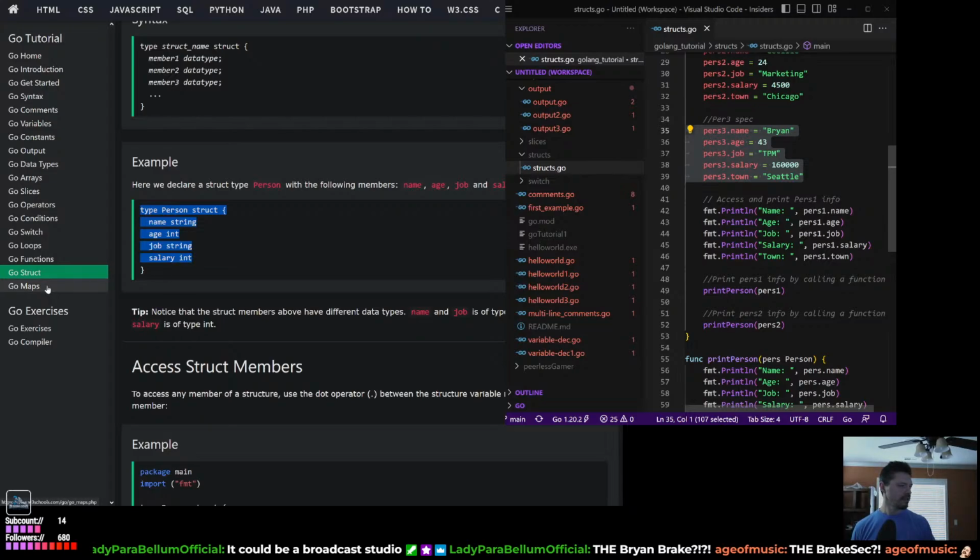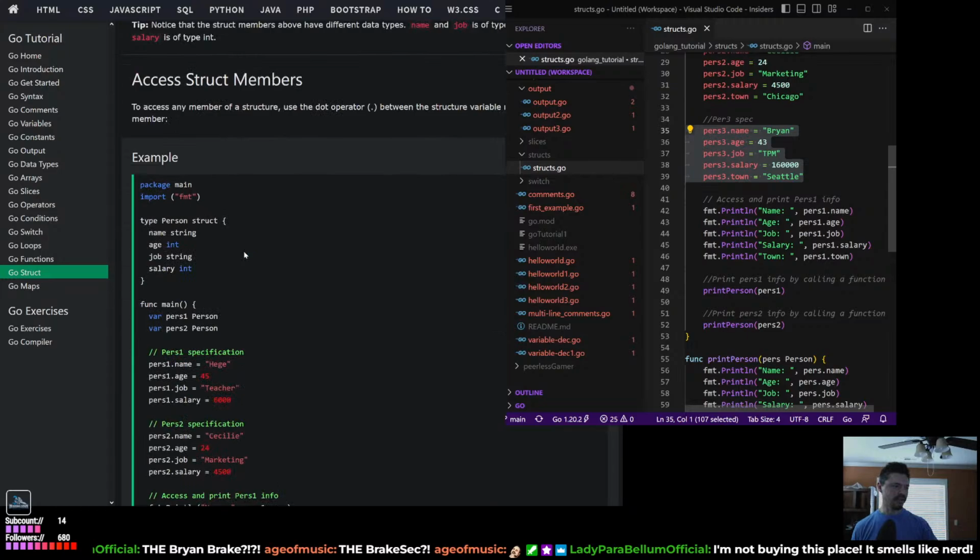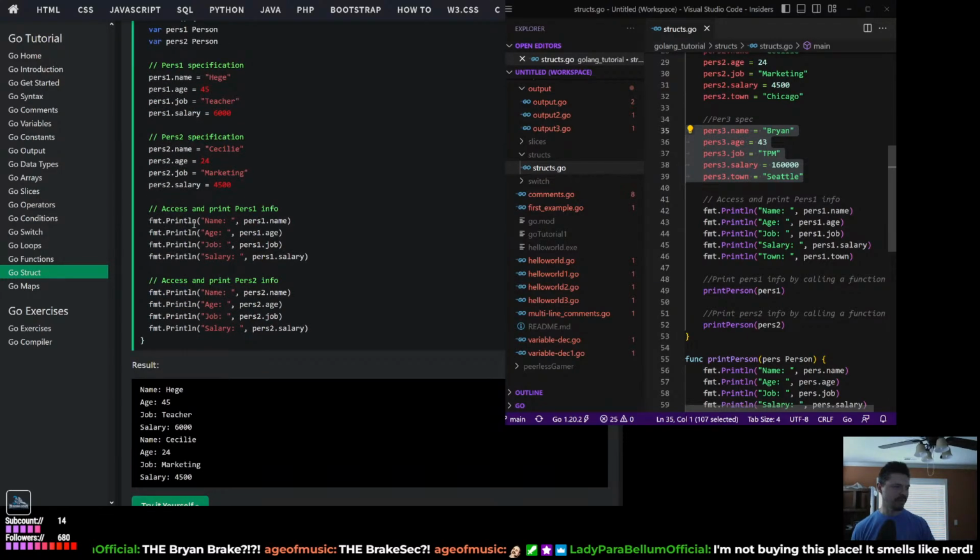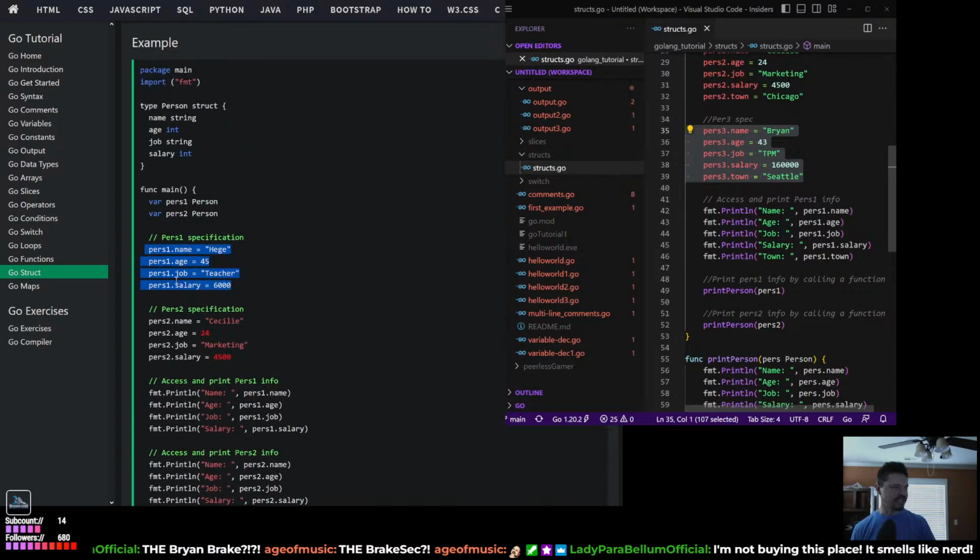So yeah, you can collect different struct types. You can specify different data types depending on that, and then you can call them. And we did that here where we were calling up different specifications. You can assign those by different types. So in this case, person struct, and then the variable pers1, and then each person in this case. So you set the variable pers1 to use the person struct. So it's looking for pers1, pers2. You can go pers3,